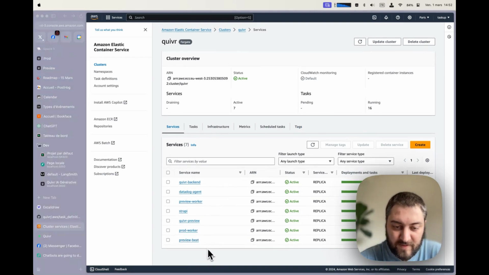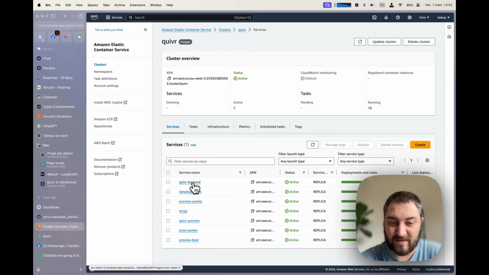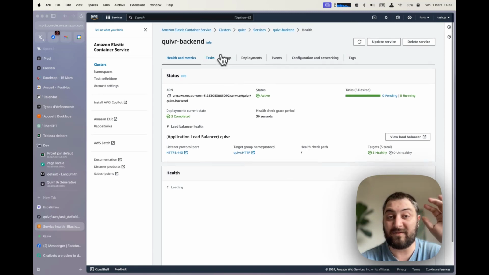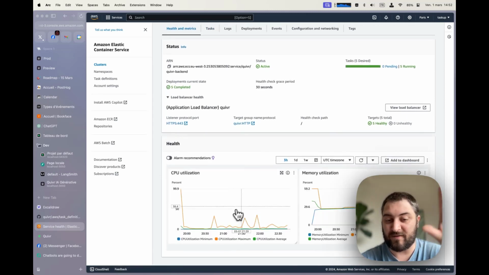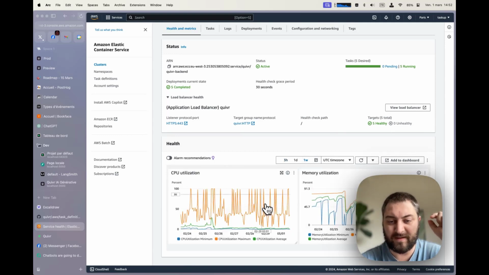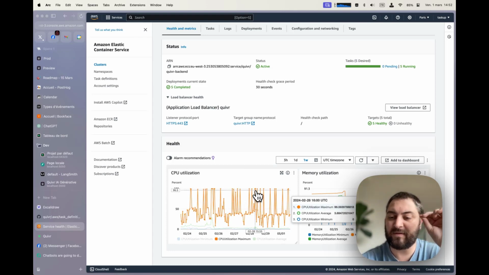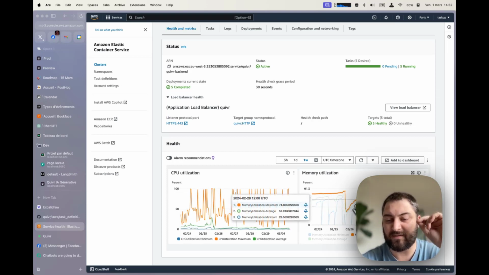But here, if we look at the containers, the backend, we currently have 5 running backends, and they are doing very good, and it's not optimized. If we look at, I think, 1 week, sometimes it's underutilized, but because the request takes so long to answer, even if it's not CPU bound, the RAM is still high, and sometimes we have restarts because we use Boto instances.